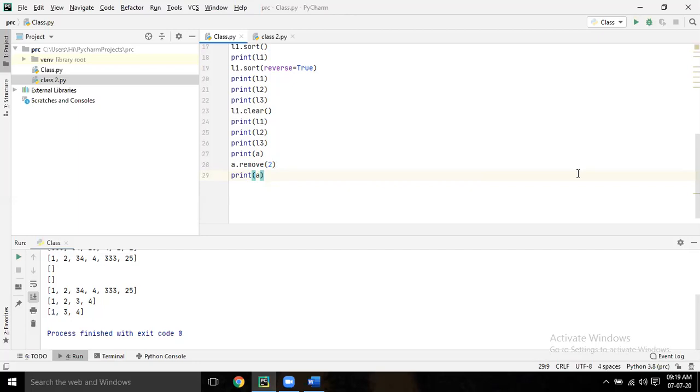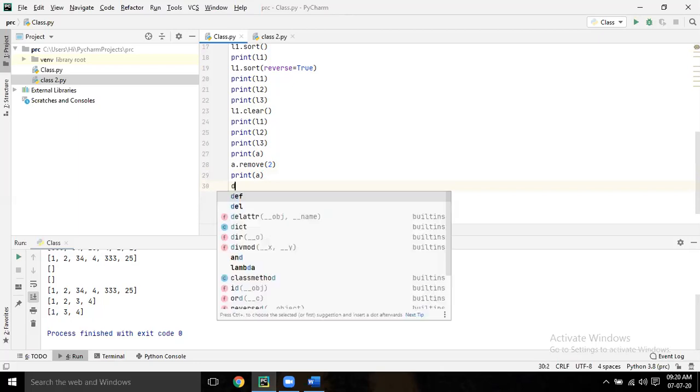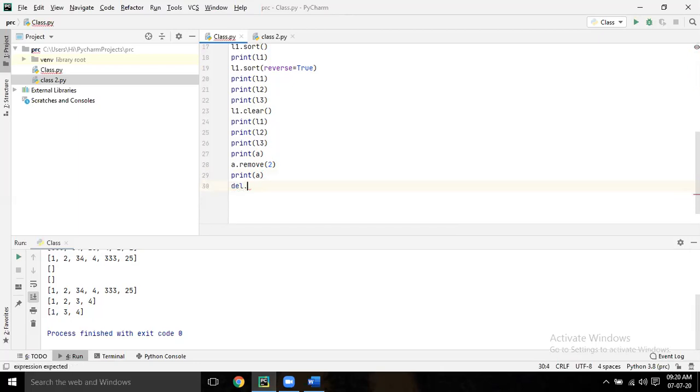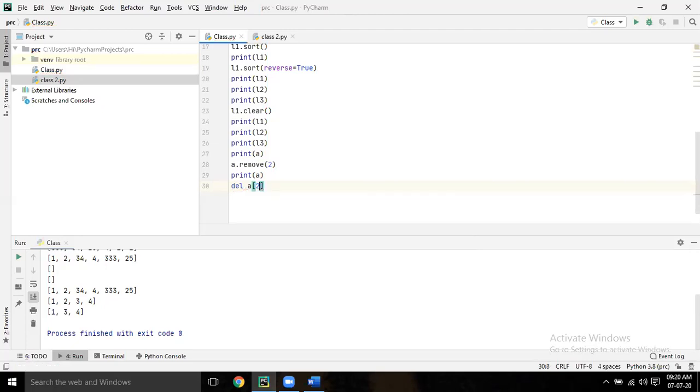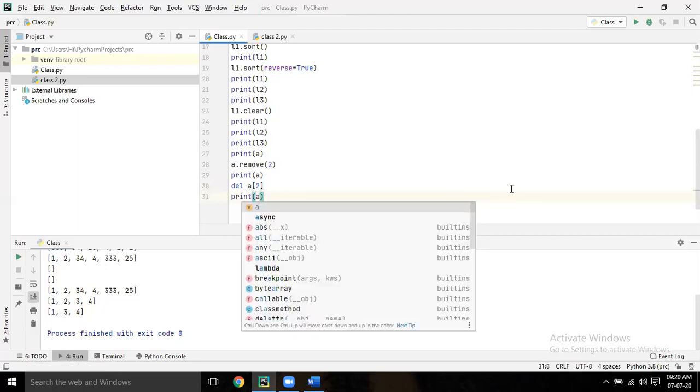Now write del a square bracket 2. Now run it. What happened here? Delete. Now print a. Here what happened?